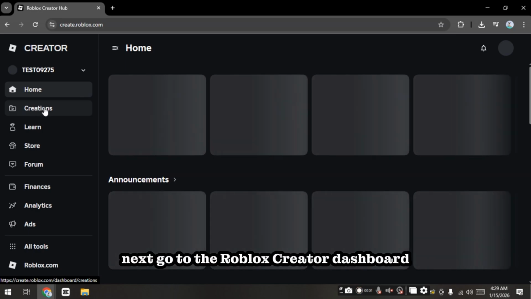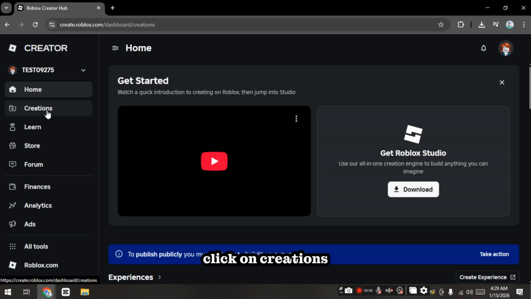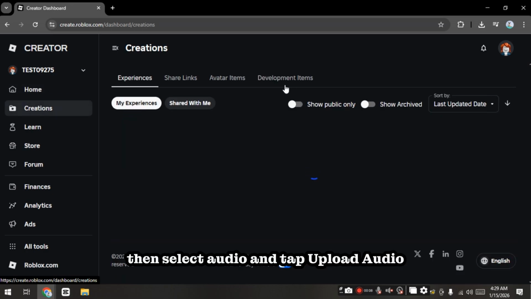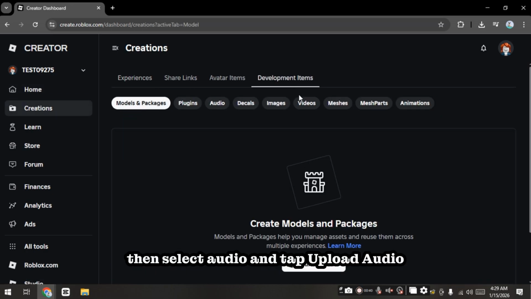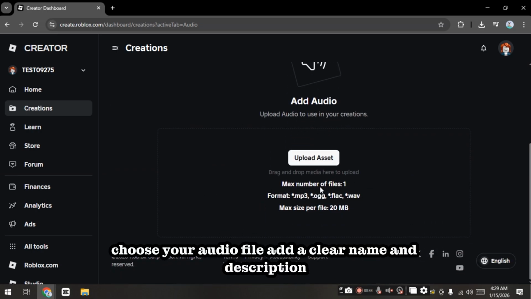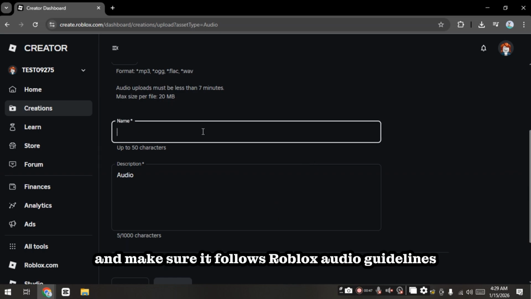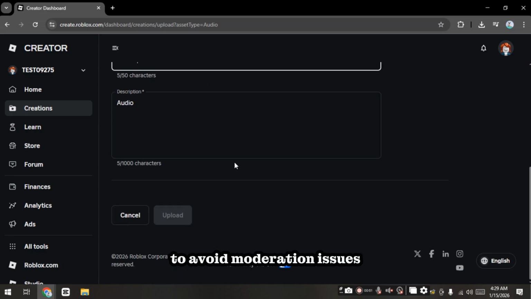status. Next, go to the Roblox Creator dashboard, click on Creations, then select Audio and tap Upload Audio. Choose your audio file, add a clear name and description, and make sure it follows Roblox audio guidelines to avoid